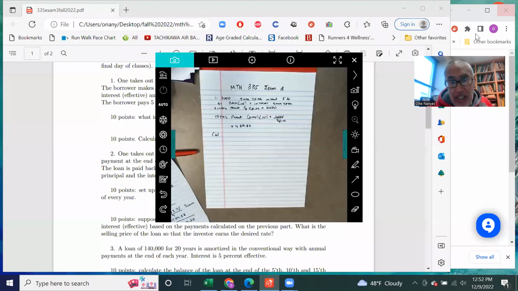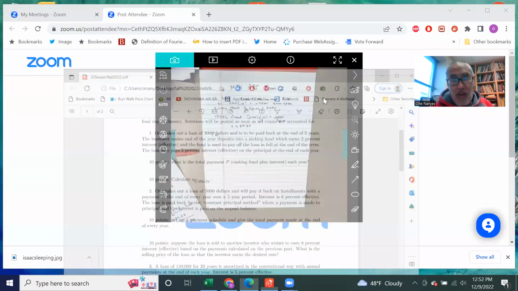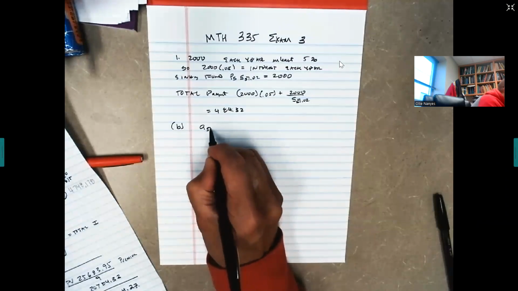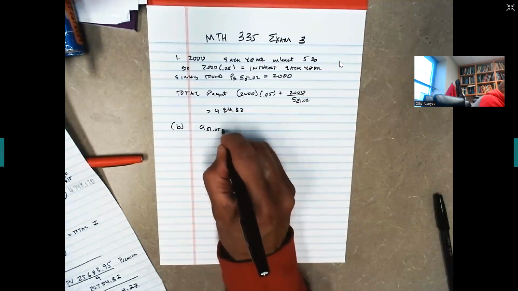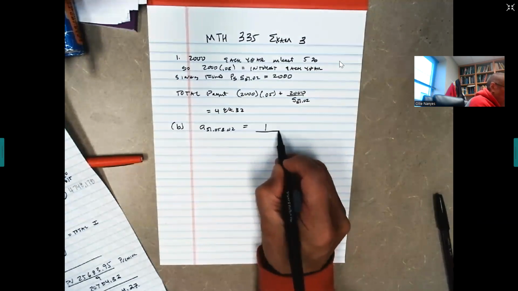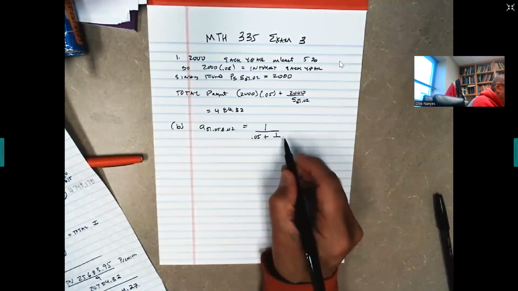But for part B, this is where people, please pay attention. I asked the following question: A angle 5 at 5% and 2%. Some people thought I was asking for two different things. No, that is specific financial math notation. It stands for what you divide the principal by to get the payment. So this A angle 5, 0.05 ampersand 0.02, by definition is 1 divided by 0.05, that's the first one,